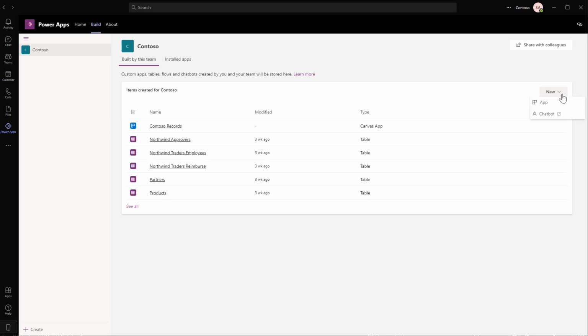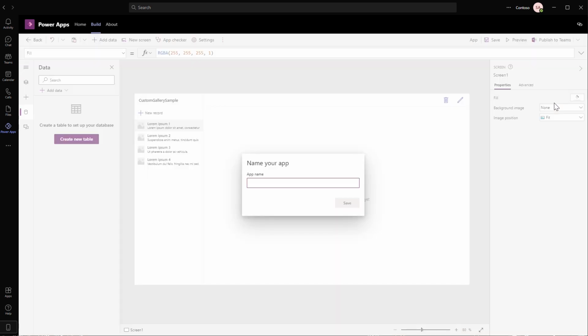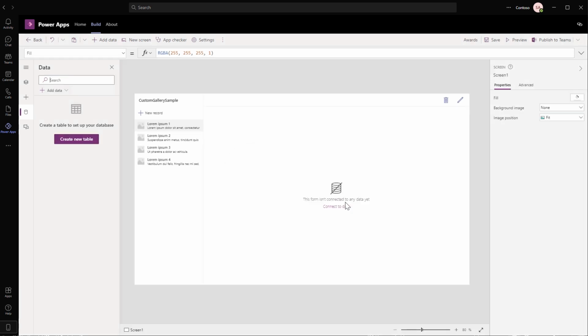Click New App. I provide a name for my app and click Save. And the Design Hub has now created my app. The app has a left-hand container with a gallery. This will show you all the existing records so you can select them, and a container on the right that has a form that will show you the record details. This allows for new records to be created or existing records to be viewed or edited.